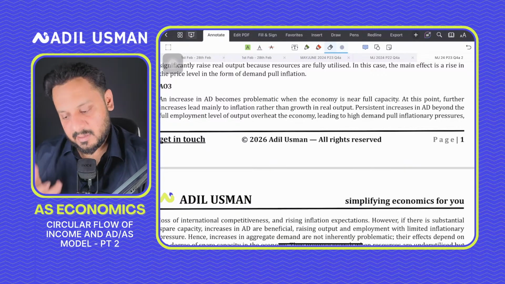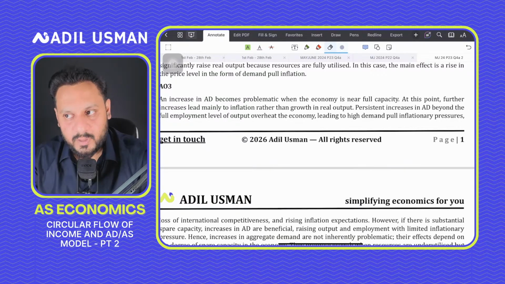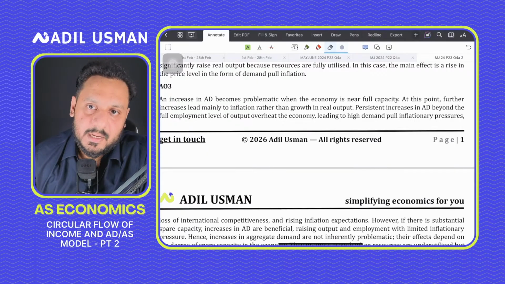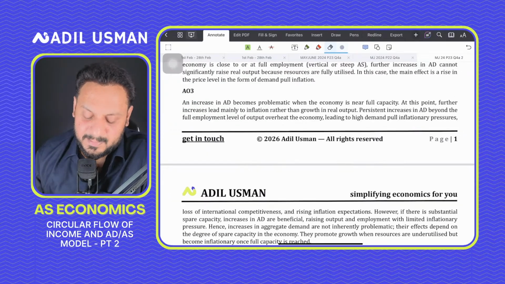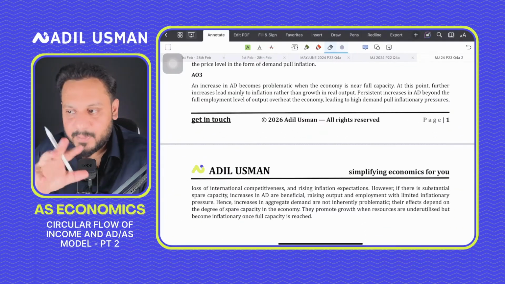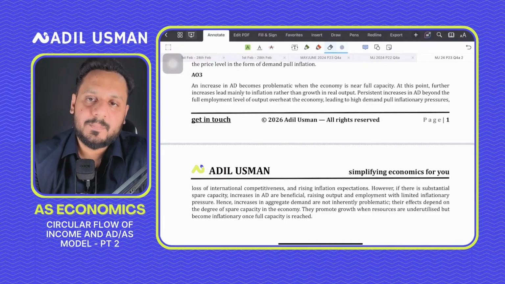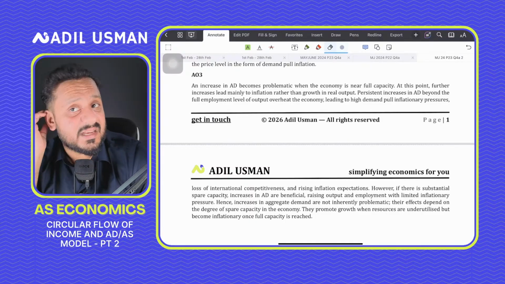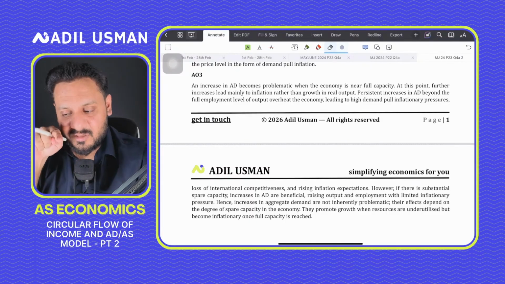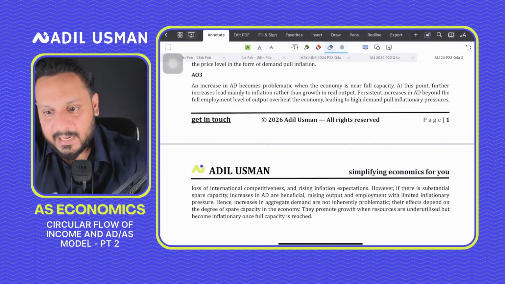तो फिर रैशनल स्टूडेंट क्या करेगा? वो टाइम वेस्ट करके नहीं आएगा अपना। आपको मार्क्स मिलेंगे इस बात को बताने पर कि स्पेयर कैपेसिटी अगर है तो इन्फ्लेशन प्रॉब्लम नहीं है, या अगर स्पेयर कैपेसिटी है तो एडी बढ़ने से इन्फ्लेशन नहीं आएगी। इस चीज को डायग्राम में बनाकर दिखाने के मार्क्स नहीं हैं।